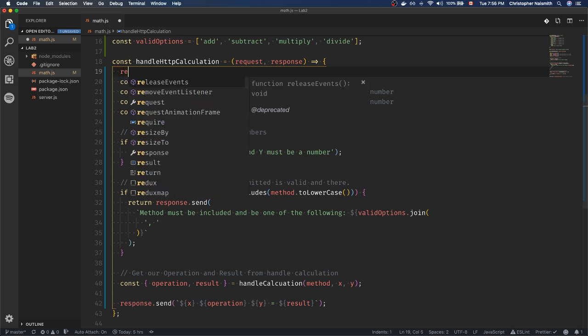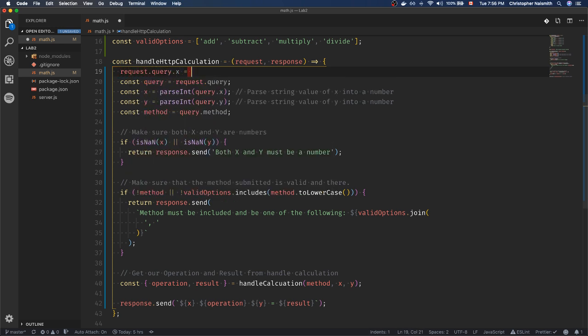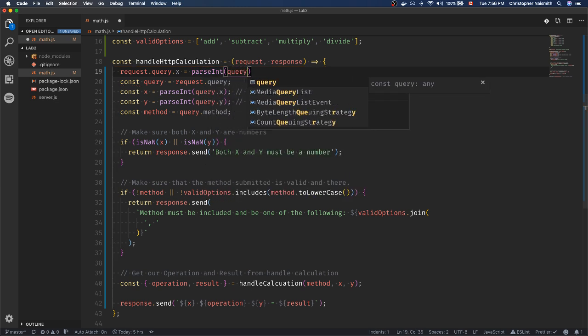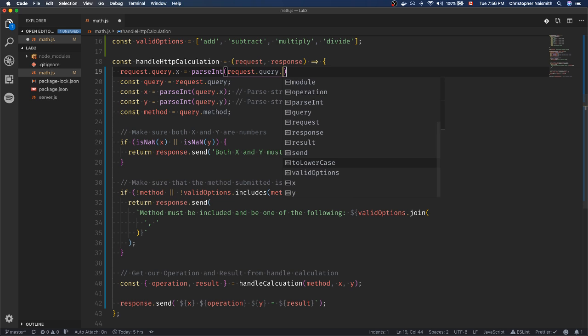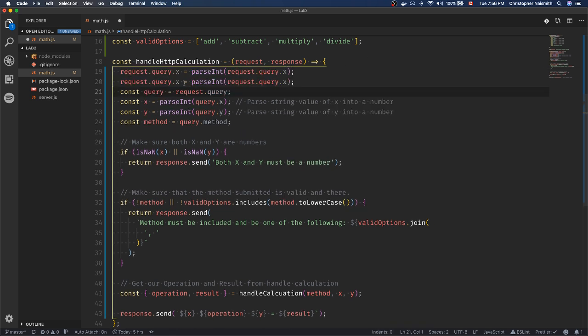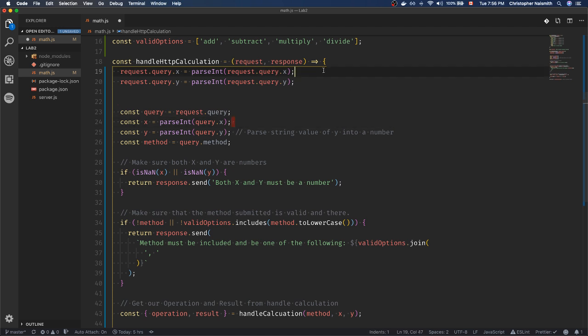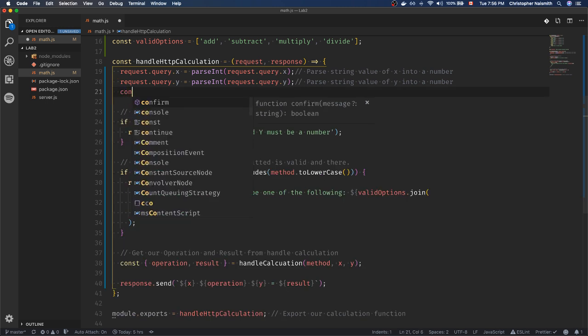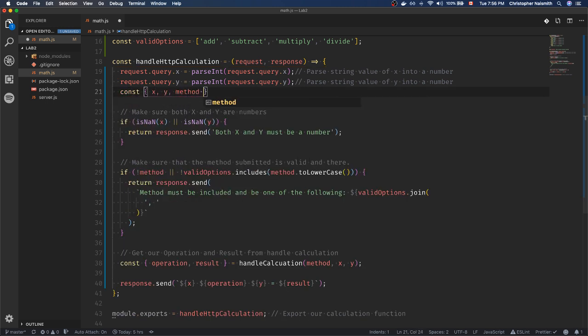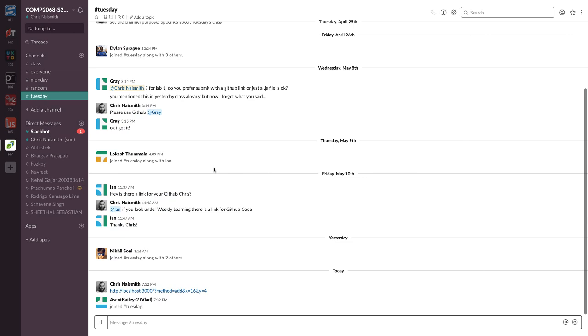So if I just did request.query.x equals parseInt request.query.x, I'm going to do the same thing with y. So I'm just going to copy these comments onto it, x, y, and then I can remove this and say const x, y, method equals request.query. So we end up taking our x, y, and method outside of request.query,